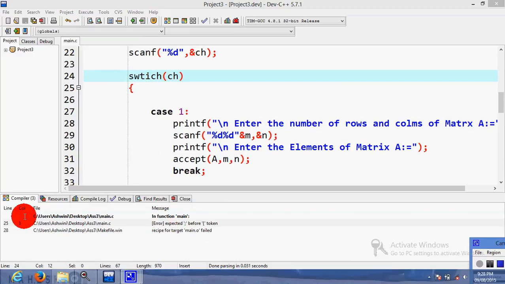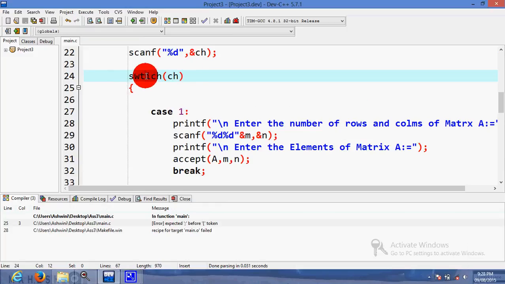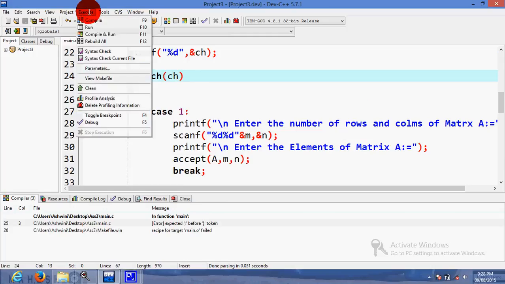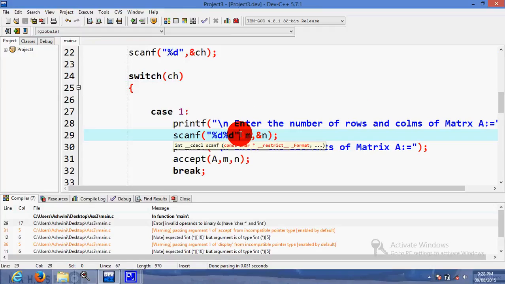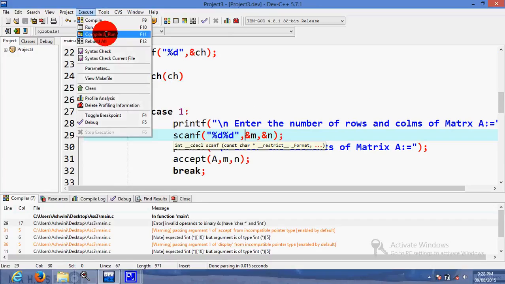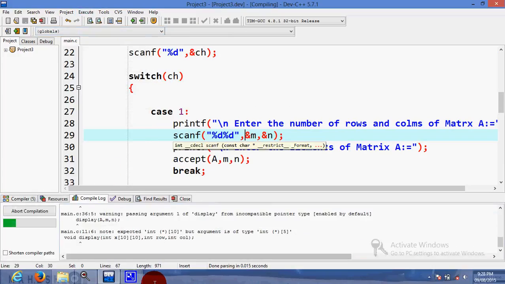So line number it is showing 25. So before this token it requires semicolon, but after switch there is no semicolon. So there is a spelling mistake, switch. Okay. So save, click on execute, compile and run. Here 1 comma is required. Save, compile and run.